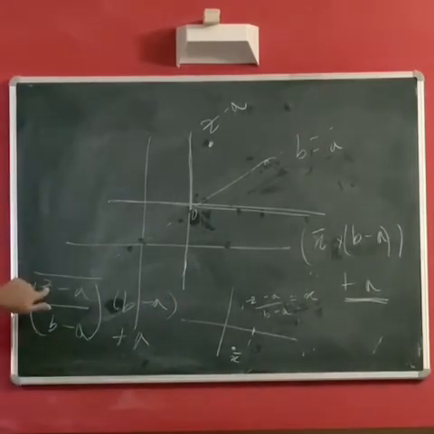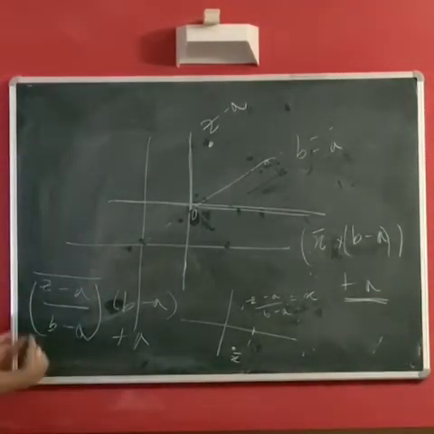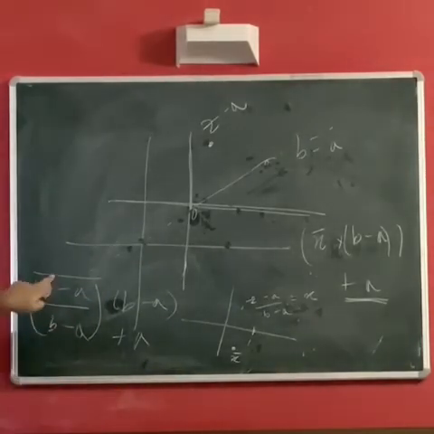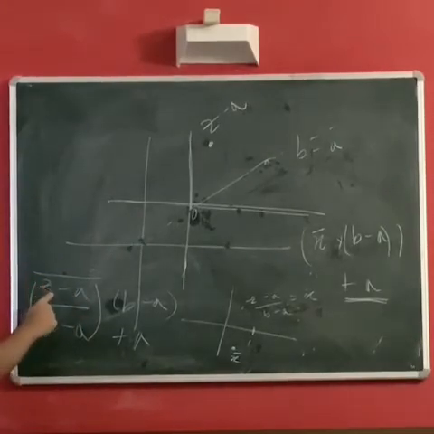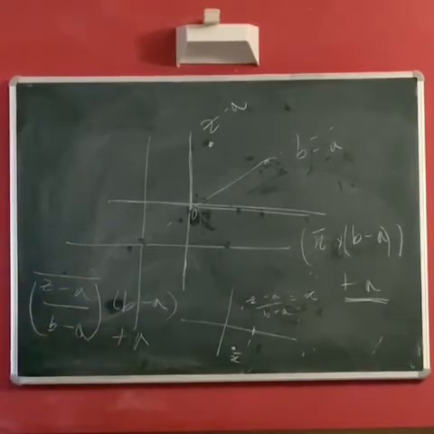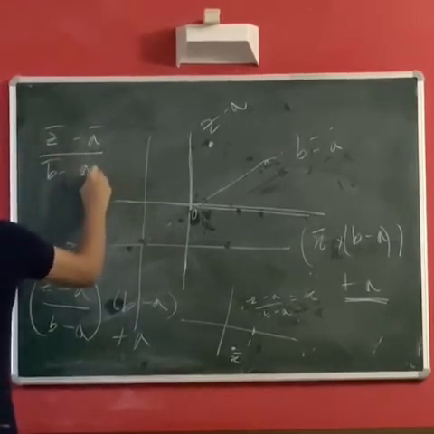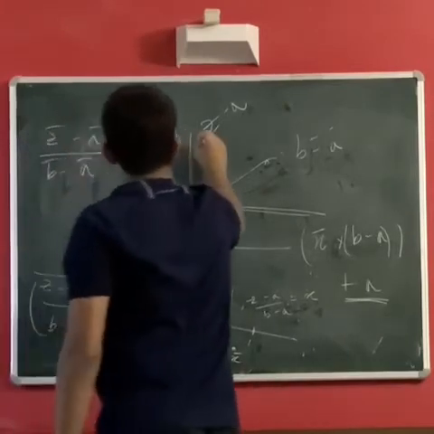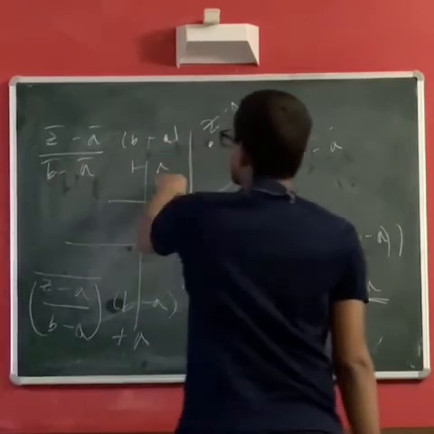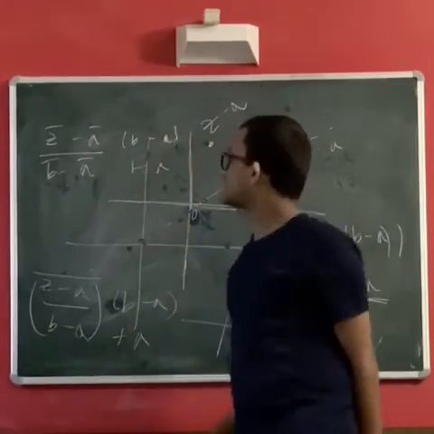So z1 by z2 whole conjugate is z1 conjugate by z2 conjugate. If I have not already shown that in the properties, you can just pause and do it. It's rather simple given how much you already learned. So we have this conjugate over this conjugate. Then again z minus a whole conjugate is z conjugate minus a conjugate, b conjugate minus a conjugate. So doing all this, we have z conjugate minus a conjugate by b conjugate minus a conjugate times b minus a plus a. You again just multiply this b conjugate minus a conjugate with this thing, and you will have your answer in a simplified form.